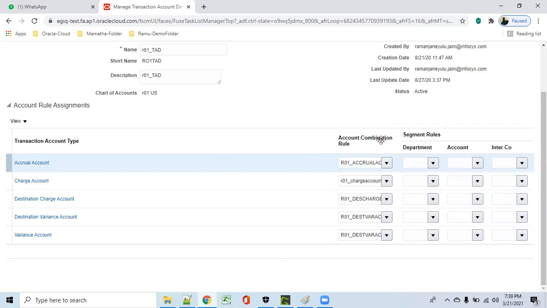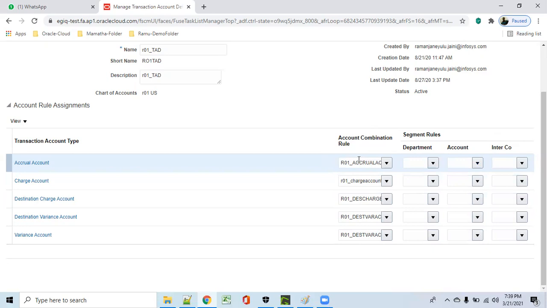Suppose here department, account, and intercompany are there. I want to bring multiple data or some complex accounts for the intercompany, and the remaining two can be handled by my accounting rule. That is also possible.